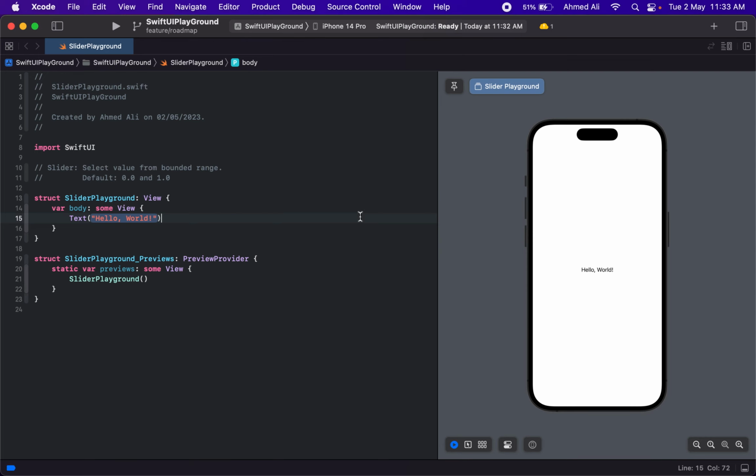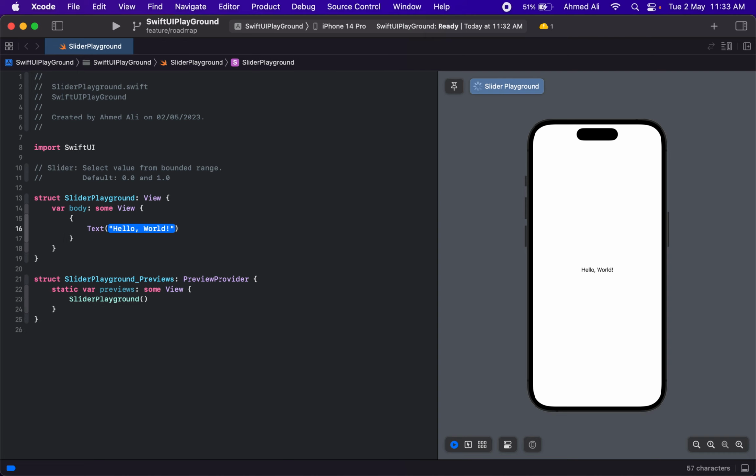So slider actually allows us to select value from a bounded range, and the default range is 0.0 and 1.0. So let's just see how the slider looks. So let's start by having a v stack,